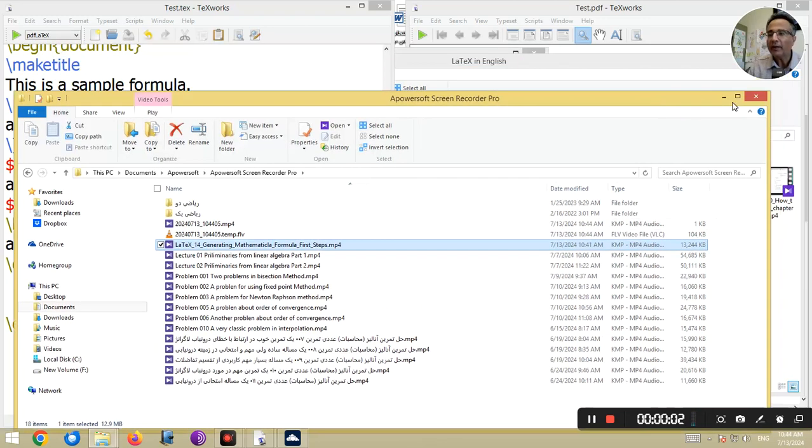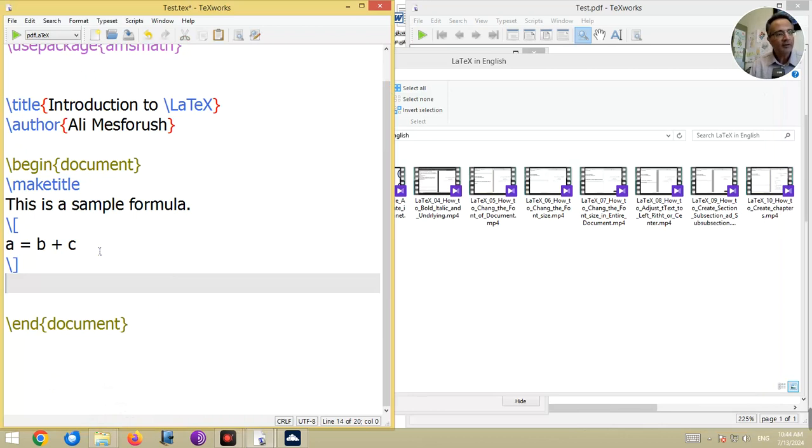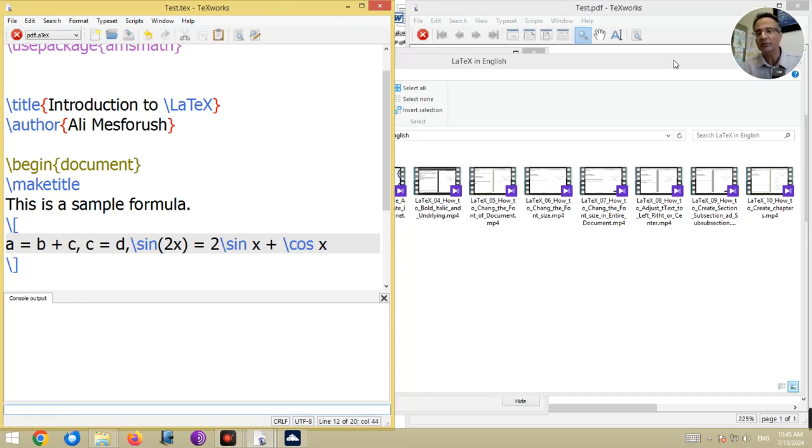Okay, now if you have some formulas in one line, let me remove this part. For example, A equal to B plus C, and for example C equal to D, and for example let me write something, for example sine of 2x equal to 2 sine of x plus cosine of x. If I run it, you can find out